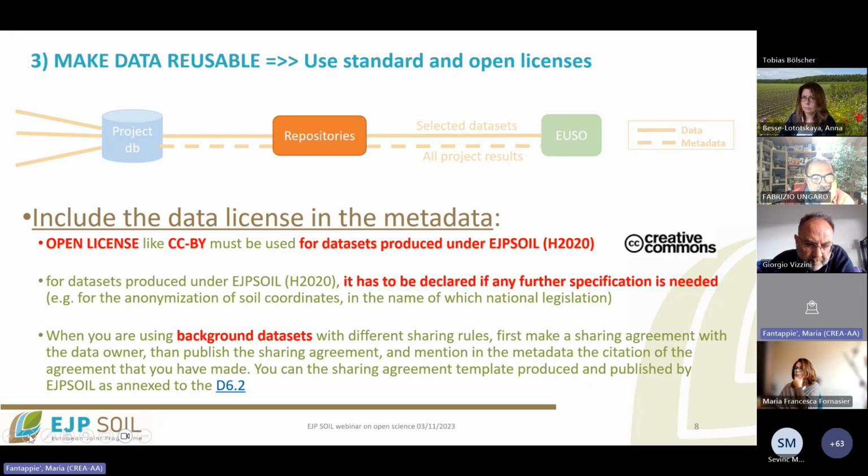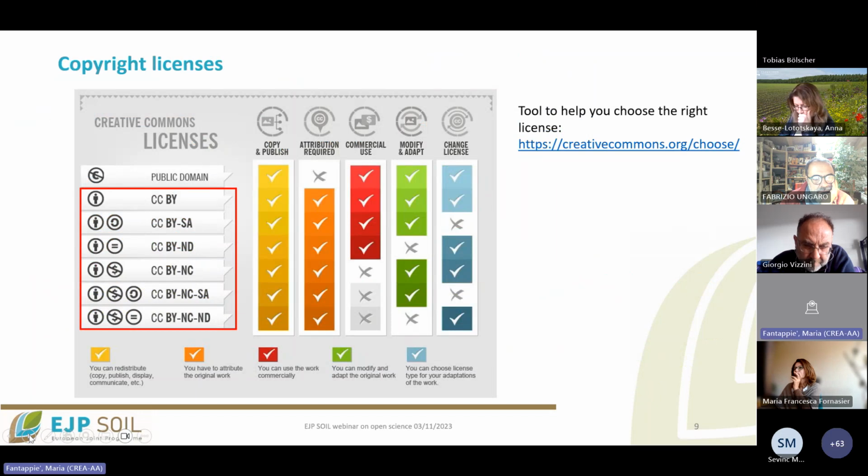This is just to repeat the concept about the background data sets and what has been produced under EJP soil. What is produced under EJP soil, as was said, should follow the CC BY rules. So the license is this one. As I told you before the interruption, the meaning is that the data set is open, but the authorship of the data set is recognized. This is what was presented by Jan. There are several kinds of CC BY licenses. The meaning is that it is open, but as you see,